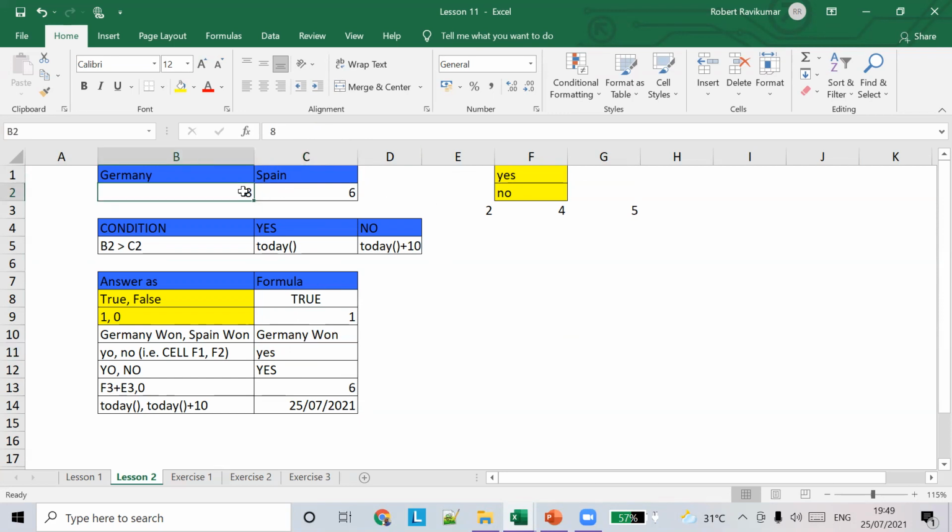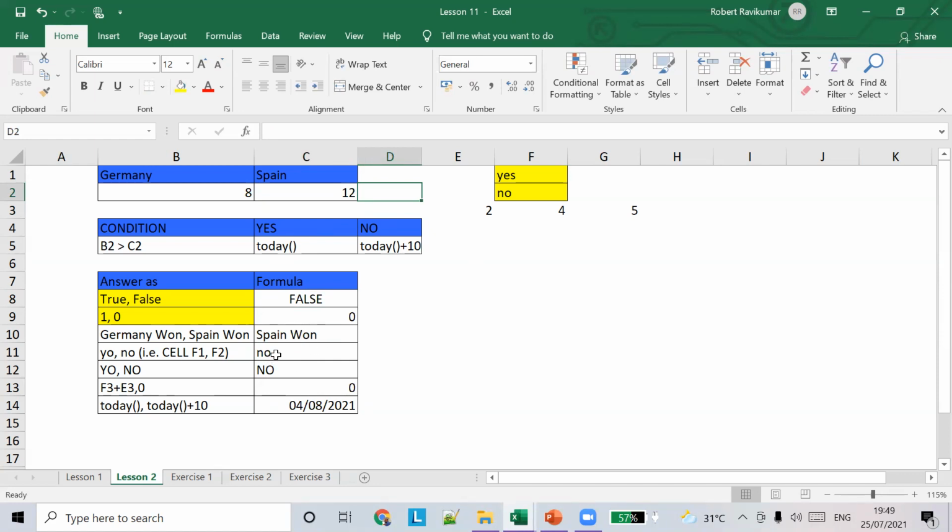If Germany loses, let's say Germany scores four goals. So here, see, Germany didn't win.